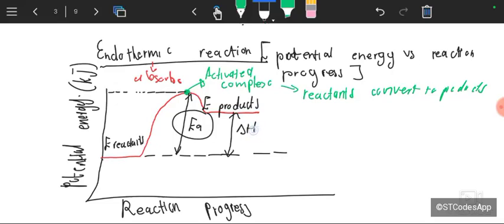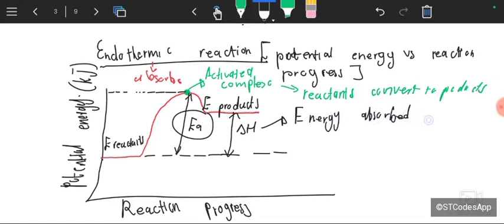Now that basically means that it's the energy absorbed or released during a chemical reaction. So you look at the system, right? We say that this heat of enthalpy is the energy